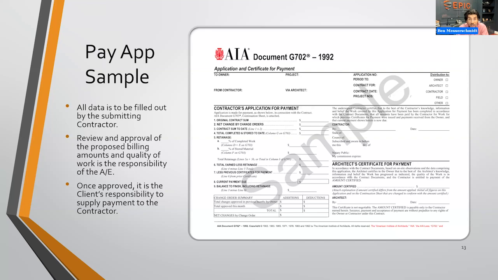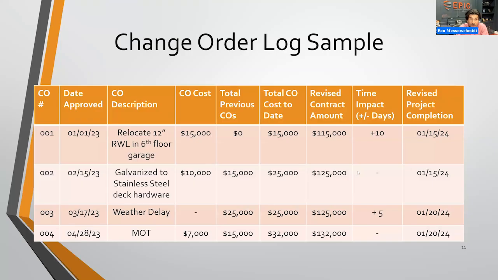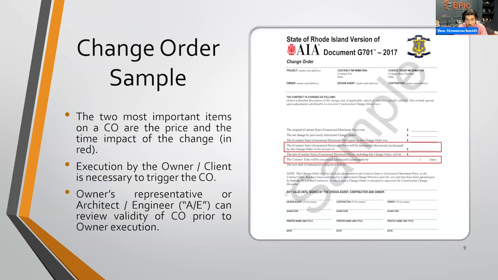for a signature. Whereas, I'm going to backtrack a little bit, when we were on the change order, you noticed who the signers are at the bottom of this page here. You have the designed agent, so this would be the architect or engineer. You have the contractor, which would already have their signature on there. And then finally, to make this a live change order, you have the owner showing that this is good to